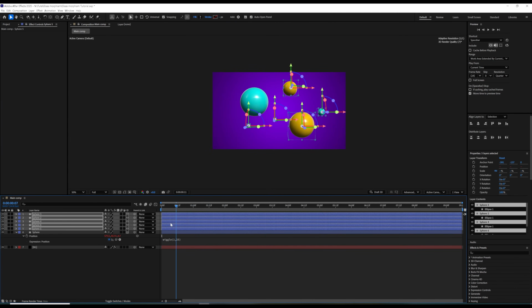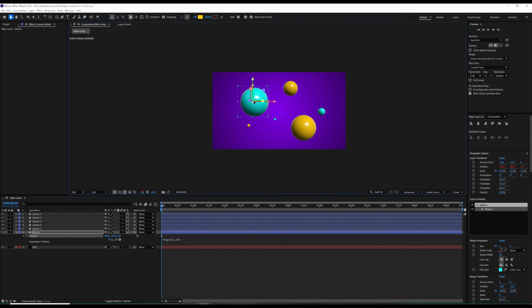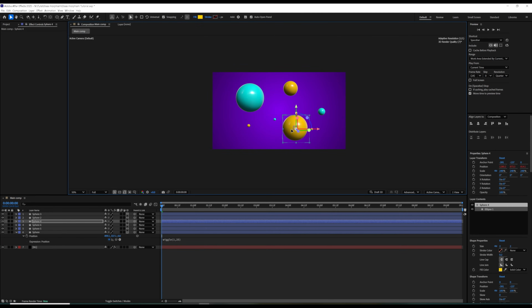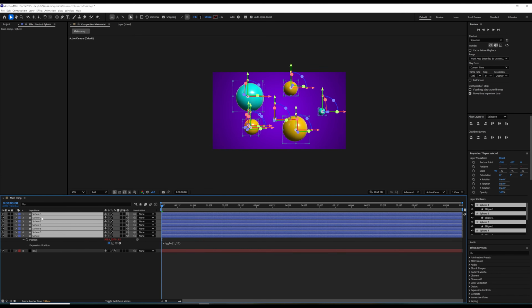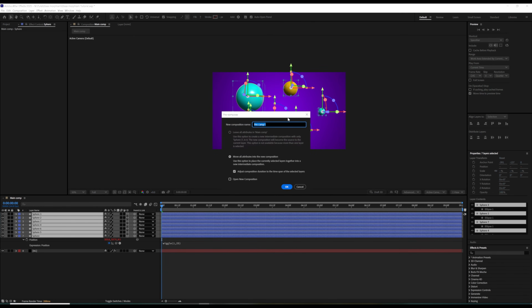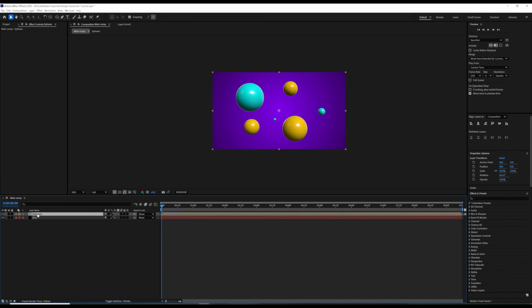Now you can change this to any color you like. Obviously, based on your design, you have to change the colors. And let's duplicate this one more time and maybe push it here a little bit, somewhere on here. That looks good. Now let's recompose all this, Control Shift C, and call it spheres. Now let's duplicate this, Control D,